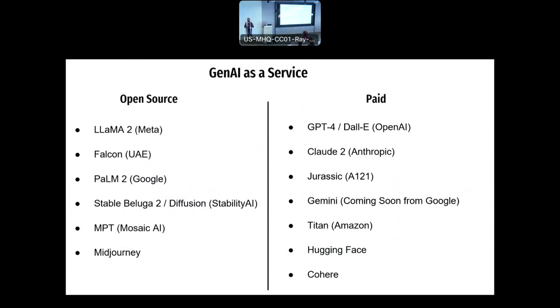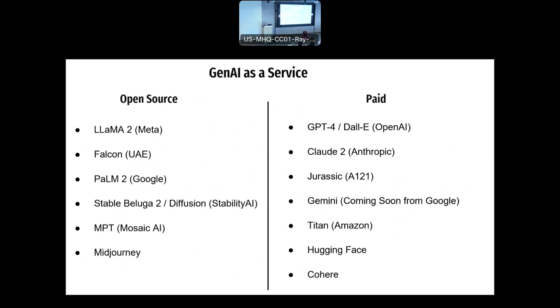It's not private use for research. Stable Beluga, I don't know how Stability AI comes up with these names, but Beluga, MPT, which is Mosaic, and then Midjourney. And then there's the paid, GPT-4, DALL-E, Claude 2, Anthropic, Jurassic is A121, Gemini, which I